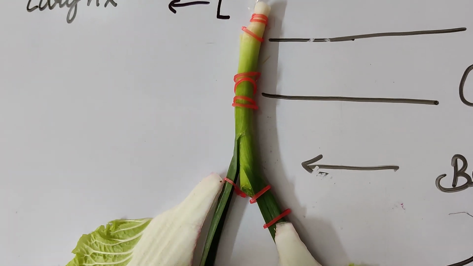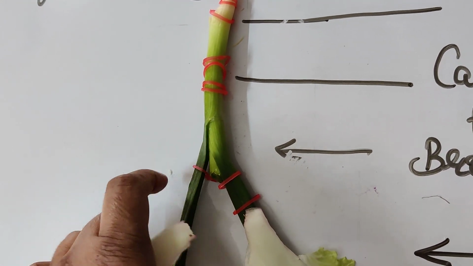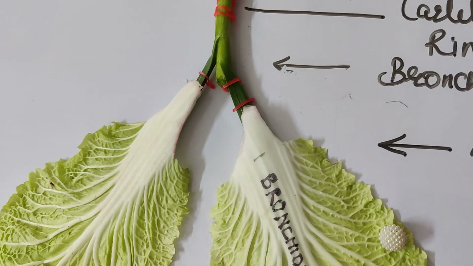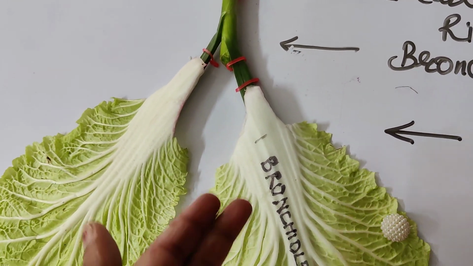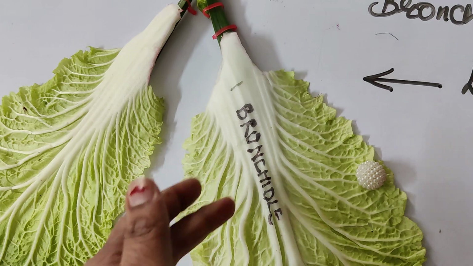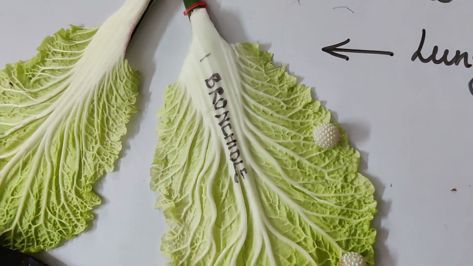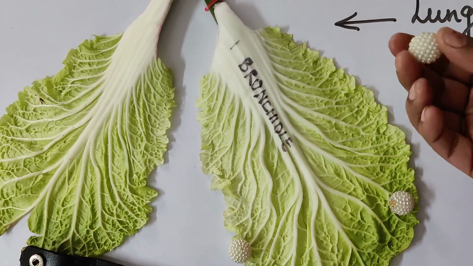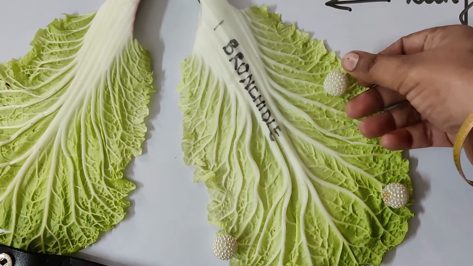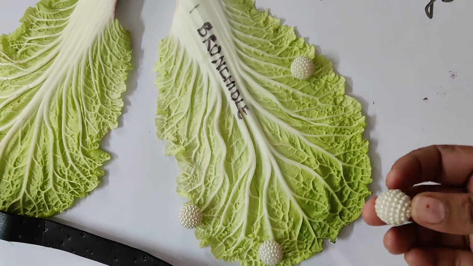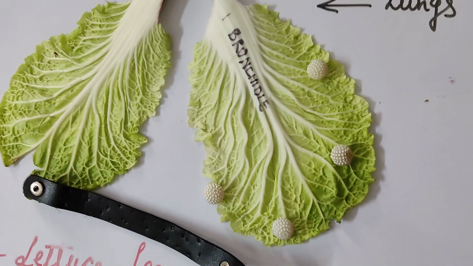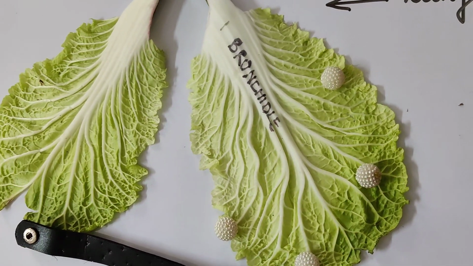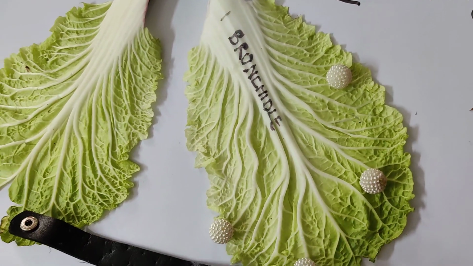Now the trachea is getting divided into two sections, that is the bronchi, right? So these two leaves will be acting as the bronchi, where they will be entering down into the lungs. These bronchi will be finely divided into bronchioles, and the last section is where the exchange of gases will take place. And I have taken what? These small beads which are acting as the alveoli, the bulb-like, balloon-like structure which is present at the end.